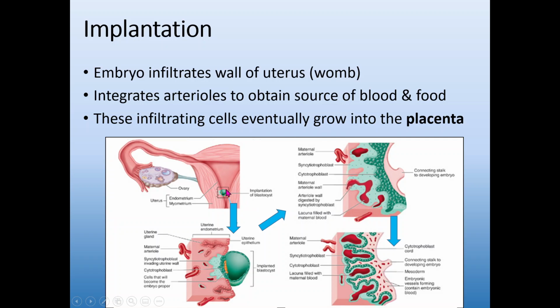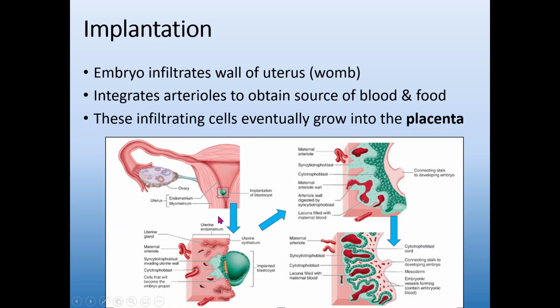Now, our embryo, our little blastocyst, is going to start infiltrating that endometrium. It's going to start sending those surrounding cells into the surrounding tissue. So it's continuing to divide, it's creating more and more of those surrounding shell cells, and those are going to move into the endometrium. The reason for this is that they need to integrate the arteries that were created within the endometrium into their structure. So they need to have access to those arteries in order to get the blood supply, in order to get the oxygen and the nutrients that they need to supply them.